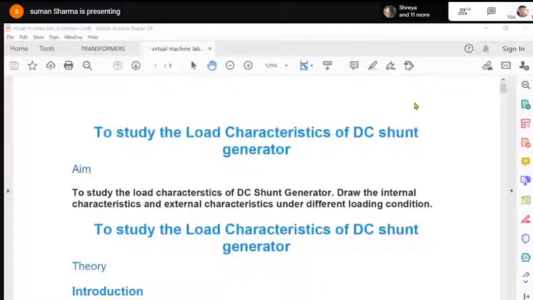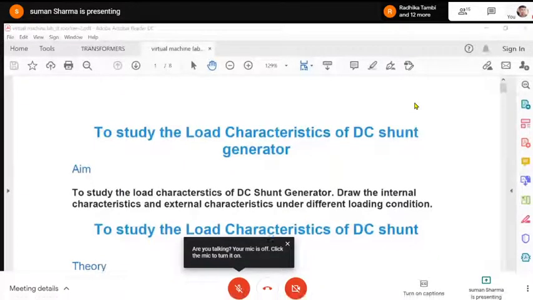The shunt field winding has a large number of turns of fine, thin wire, having high resistance. Therefore, only part of the armature current flows through it, so the ISH value will be very low. IA is the sum of the load current and ISH. When we apply KCL at this node, IA is approximately equal to the load current. Shunt current will be very small because RSH is very high.